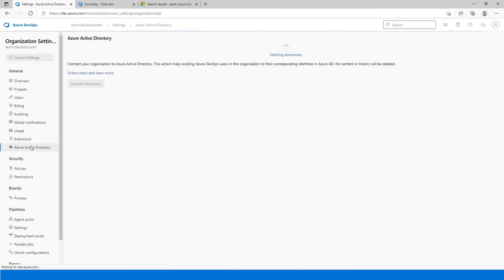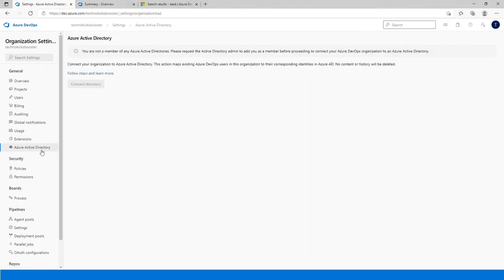So next comes the Azure Active Directory. Any organization that you create will be bound to your Azure Active Directory. For example, let's say you have an organization called Orbit.com. When you have Orbit.com and you have an Active Directory for Orbit.com, automatically the Azure Directory will be assigned to the organization.